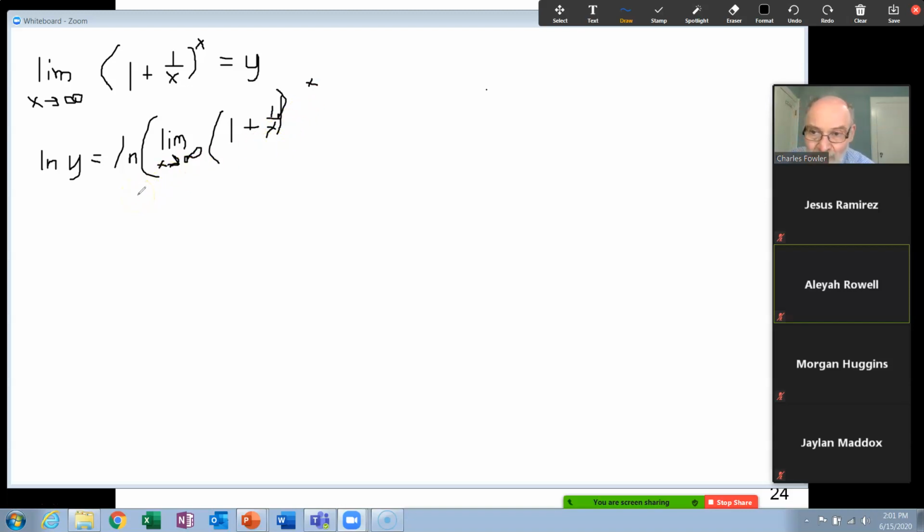Now, what we're going to do is reverse the order and take the limit of the log. And that is an okay thing to do, because the natural logarithm function is continuous, so you can reverse that order. I don't want to get into all the theoretical reasons why you can, but that's all that's required. So the log y here would be the limit